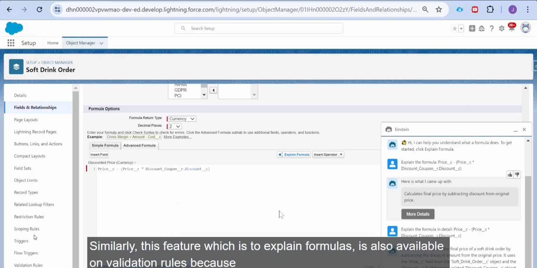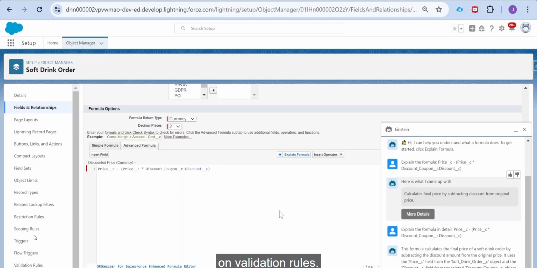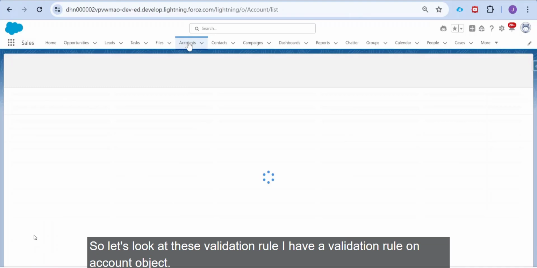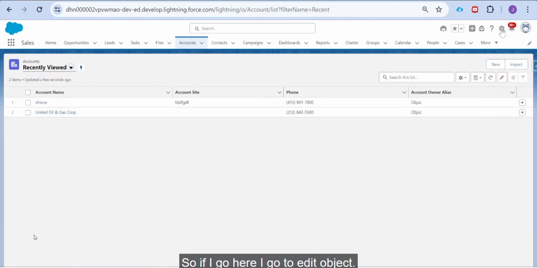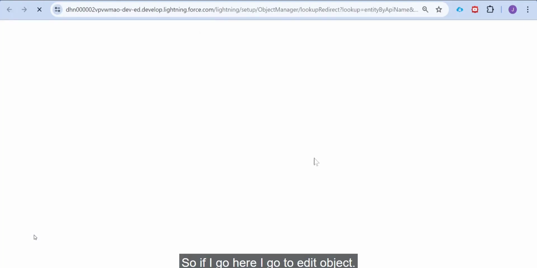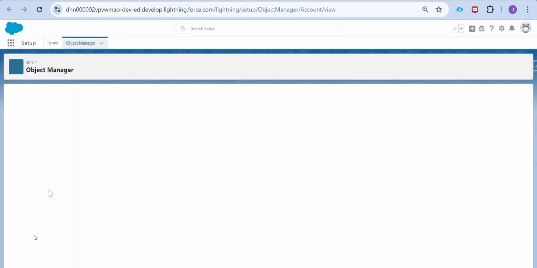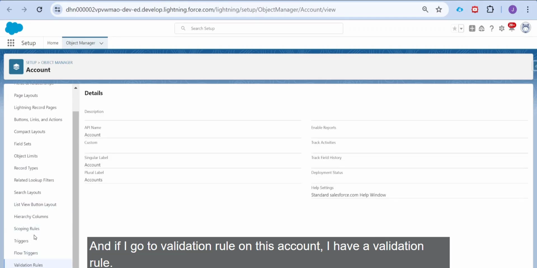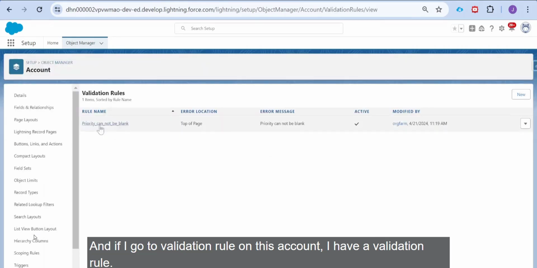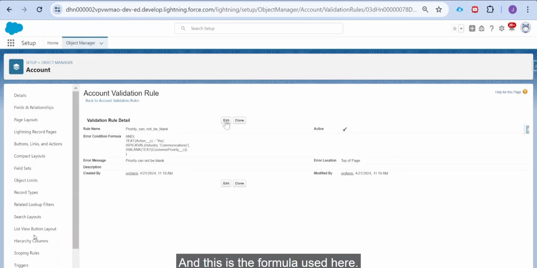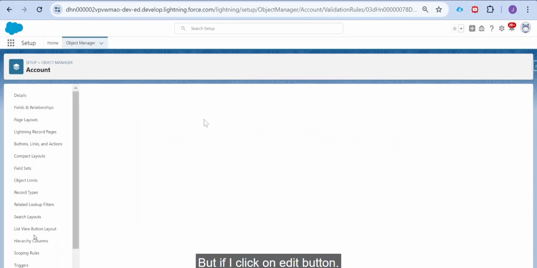Similarly, Explain Formula is also available on validation rules, because on validation rules also, most of the time we write these formulas. Let's look at this validation rule. I have a validation rule on the account object. So I will go here to edit object, and I go to validation rules on this account. I have a validation rule, Priority cannot be blank, and this is the formula used here. But if I click on the edit button,